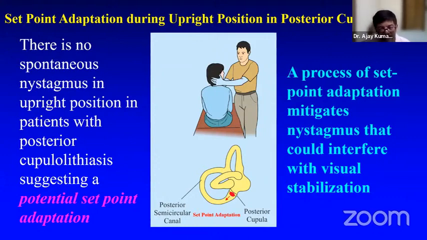So when you make the patient rise up from the Dix-Hallpike or half Hallpike position in posterior cupulolithiasis, the set point adaptation is disrupted and you see the nystagmus which is upbeating and ipsitorsional. That is the type of nystagmus you elicited during the half Hallpike or Dix-Hallpike testing in posterior cupulolithiasis, which also occurs on getting up from the Dix-Hallpike or half Hallpike position. With that,